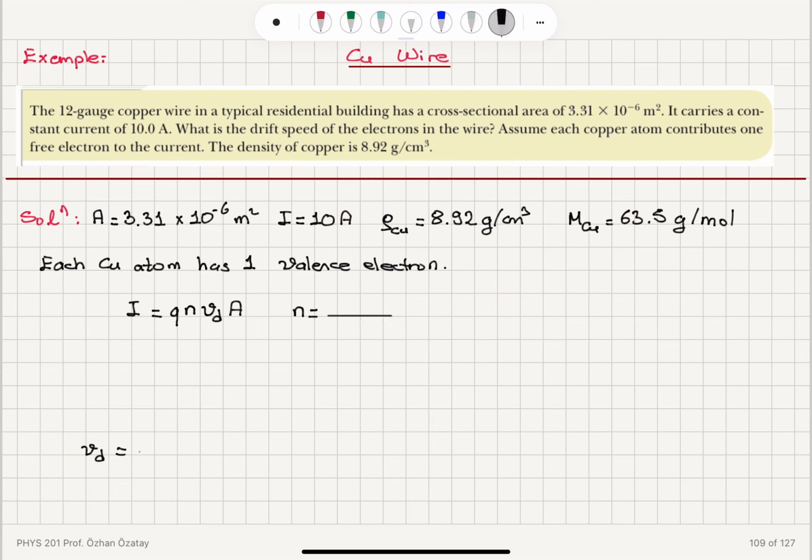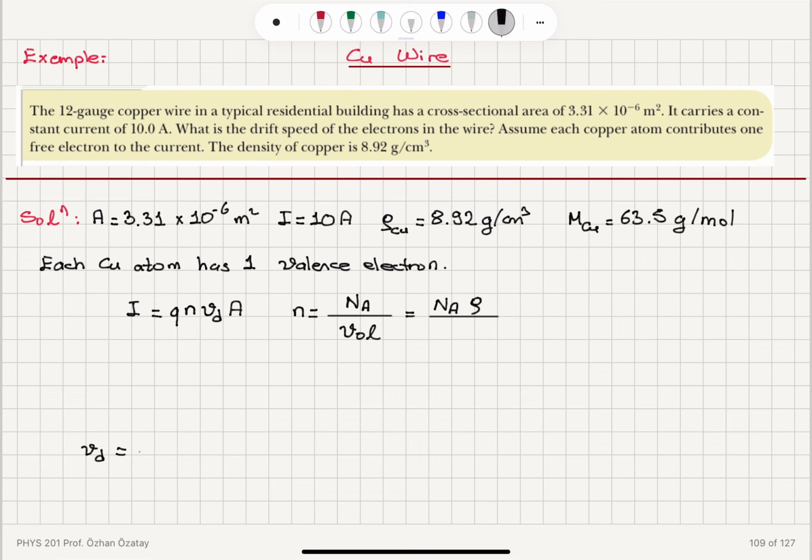basically 1 mole of copper has Avogadro's number N sub A of copper atoms, and if I divide this by the volume, I will obtain the charge density because each copper atom provides one valence electron. So there will be Avogadro's number of valence electrons per volume of 1 mole of copper. Now, if I multiply this by the density of copper,